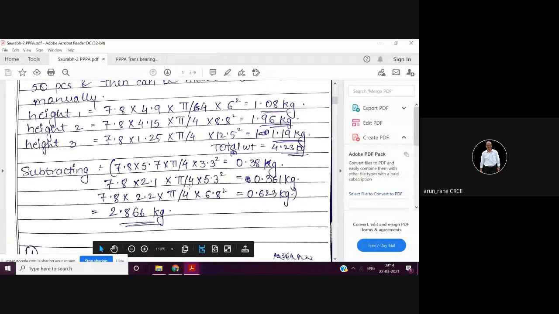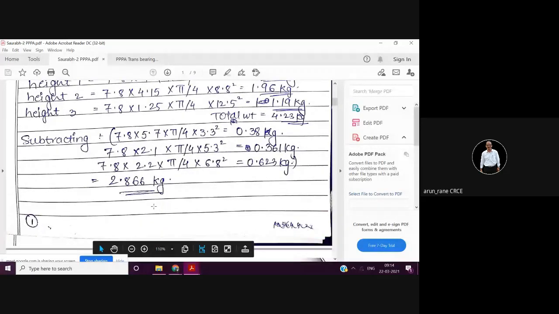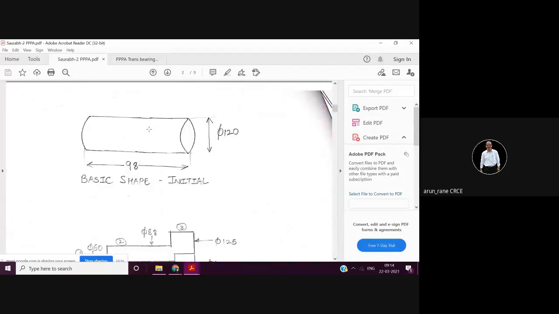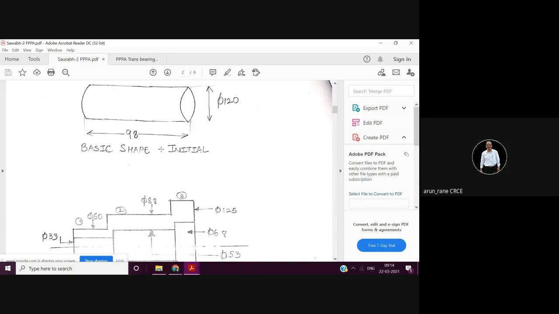How to find out the weight? You have to consider the finished dimension. You divide the component, okay, and then you increase for the raw material. You increase by 15 to 20%. You can increase straight away by 25%. Like suppose if the finished weight is coming as 3 kg, so 3 into 1.25, 25% more. So that will be your raw material weight. And raw material allowance, you can keep 2 on the diameter and 1 on the face.